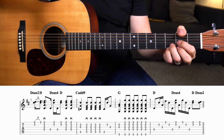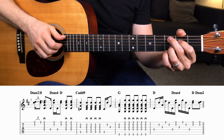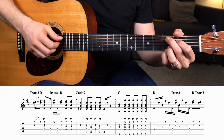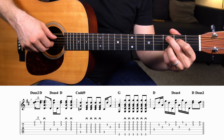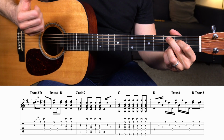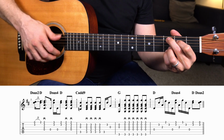All right, from there we go to a C add 9 again. I only use the 4 middle strings on this phrase, but I just go ahead and put the whole chord on there, with the C add 9 chord on all 4 fingers, and then pinch the A, G, and B strings, and then strum 4 times. So that's beat 1, 1, and then I have 2 and 3